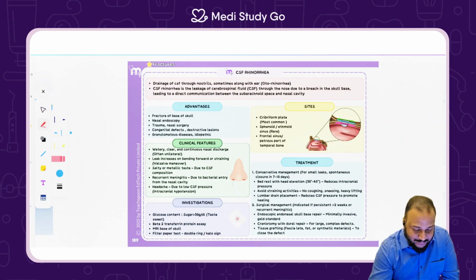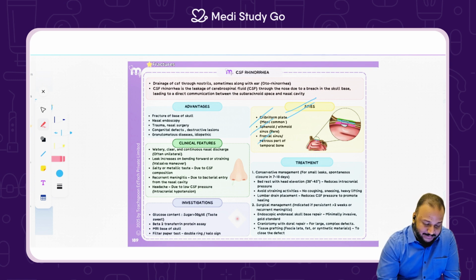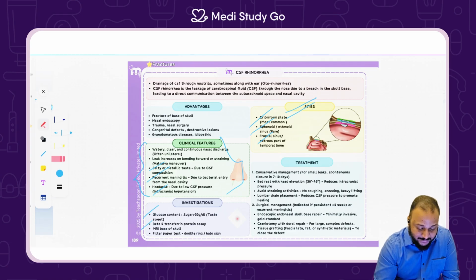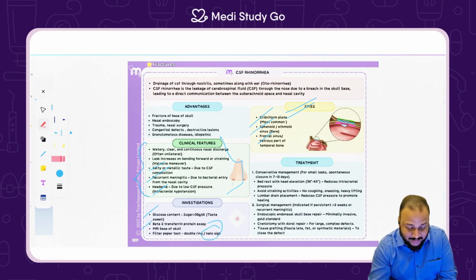All right, what are the sites? Cribriform plate fracture, sphenoid ethmoidal sinus, frontal sinus fracture. Of course, the clinical features are all over here. Salty and metallic taste due to CSF, recurrent meningitis, headaches, and of course the treatment plan and the investigation. Beta 2 transferrin very important, glucose content of the CSF very important, halo sign we have already mentioned, and the